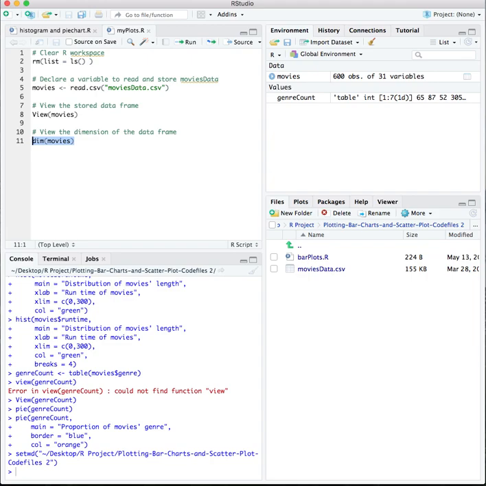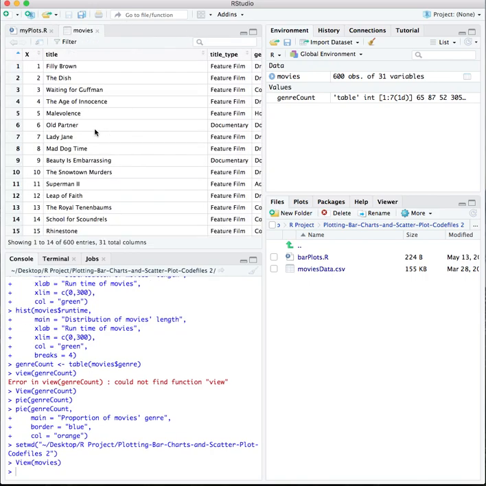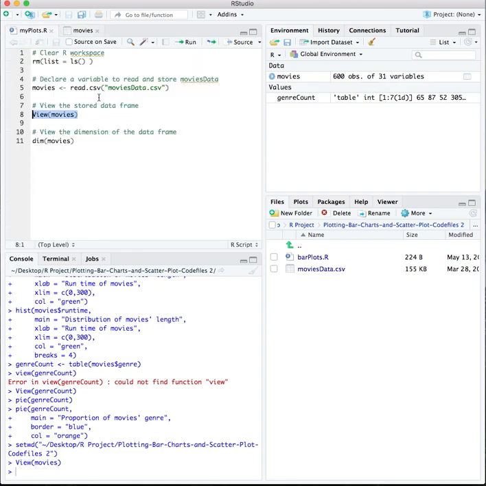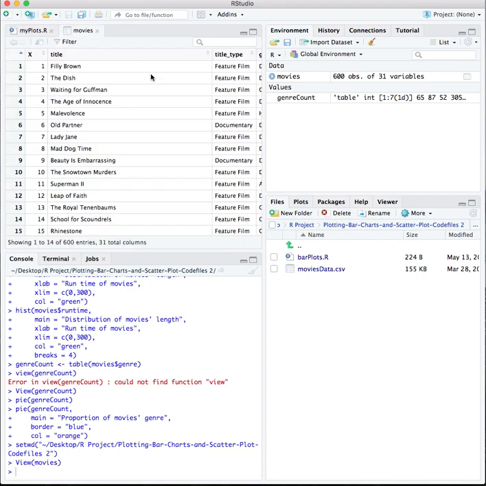Now what we are going to see is, I have closed everything. So we do the movies. This is the data set which has 600 observations and 31 variables. In the source window we can see this movie data frame, and now we will learn how to draw a bar chart of one of these variables.